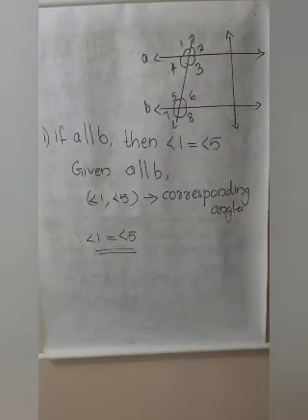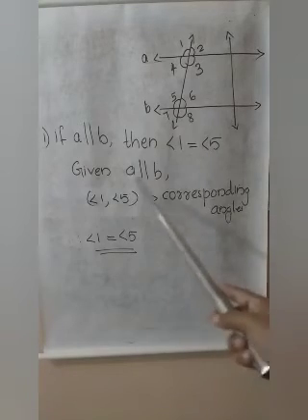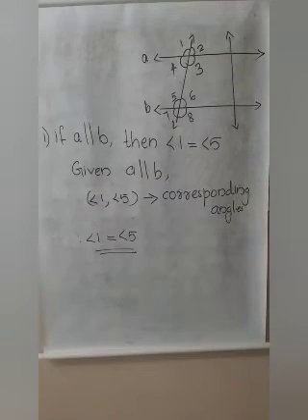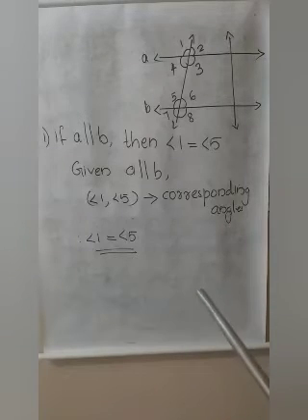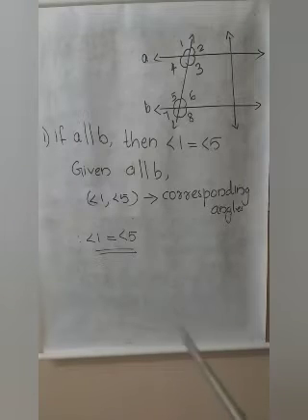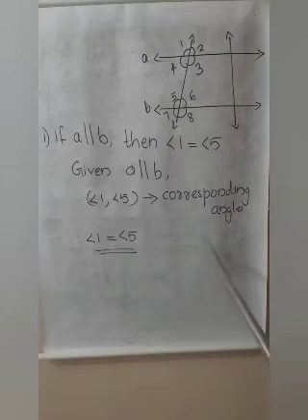So, in the question, the condition given is A parallel to B. That means the lines are parallel. That is given. We need to prove these angles are equal. So, we identified that angle 1 and angle 5 are a pair of corresponding angles. Then we have studied if a transversal cuts two parallel lines, then each pair of corresponding angles are equal. So we can say angle 1 equal to angle 5. What will you write as the reason here? Each pair of corresponding angles will be equal when a transversal cuts parallel lines.